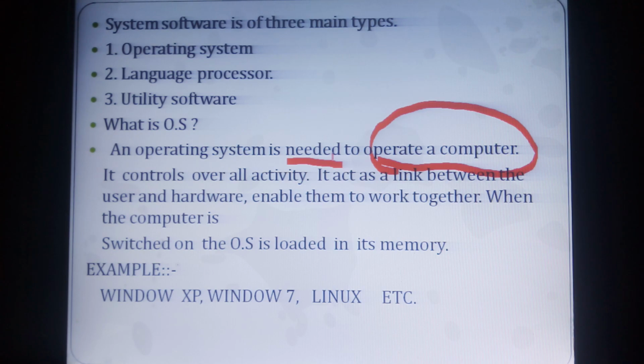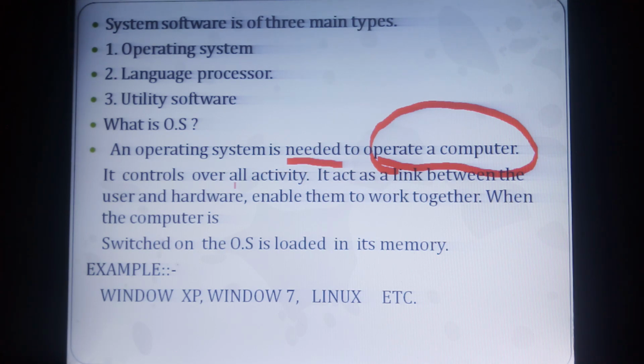The user will work on it, yes or no? The user will communicate, touch or press. So that's why an operating system is needed to operate the computer. It controls all activities, acts as a link between user and hardware, and enables them to work when the computer is switched on. Whenever the computer is switched on, the OS, the operating system, is loaded in its memory.